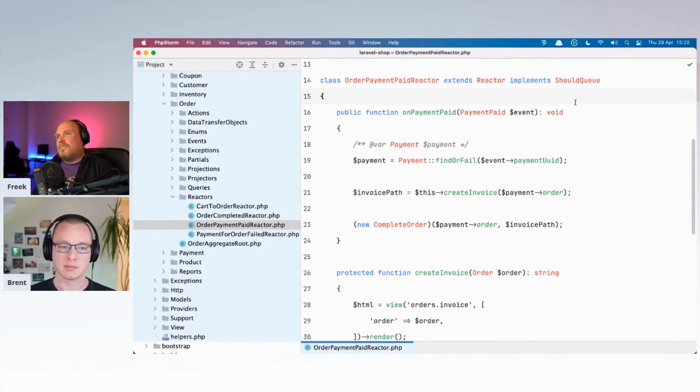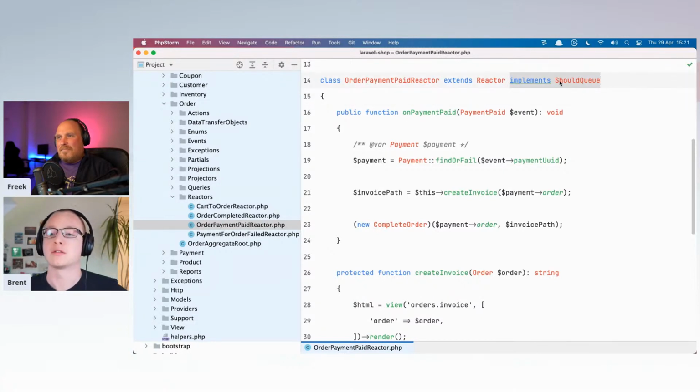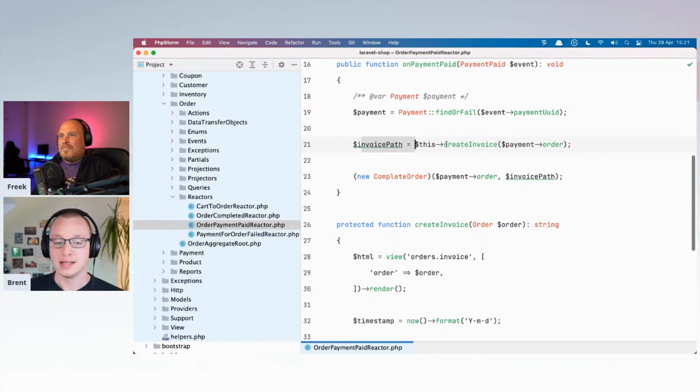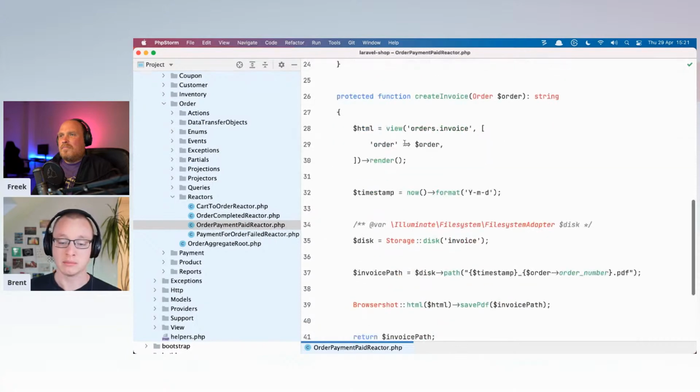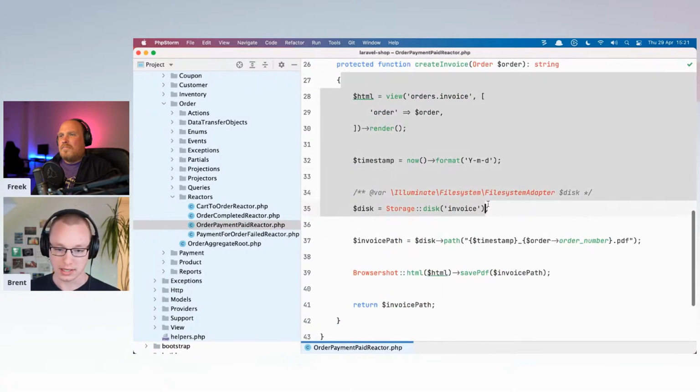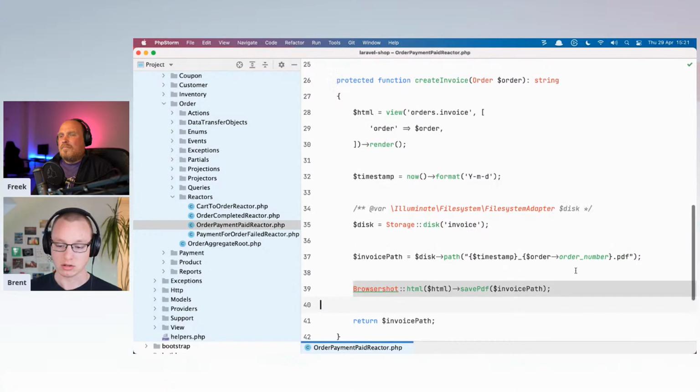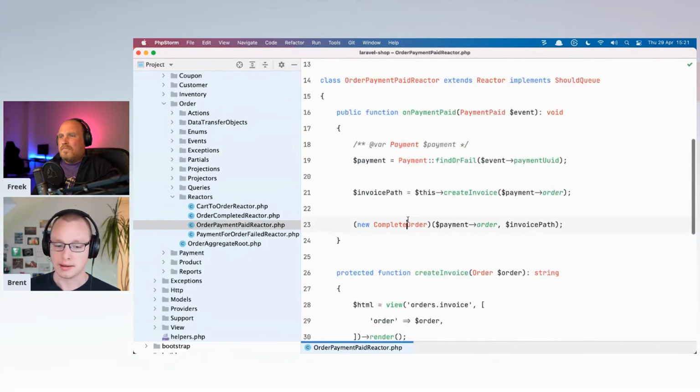That's really a snapshot of this being paid, and it's never going to be changed. At least in Europe, that's not allowed. And you can see here, this reactor is queued, so this happens asynchronously. And once the invoice is created and we have a path to the generated file, we can actually complete the order. By the way, the invoice creation is just creating a file and using Browsershot to create a PDF.